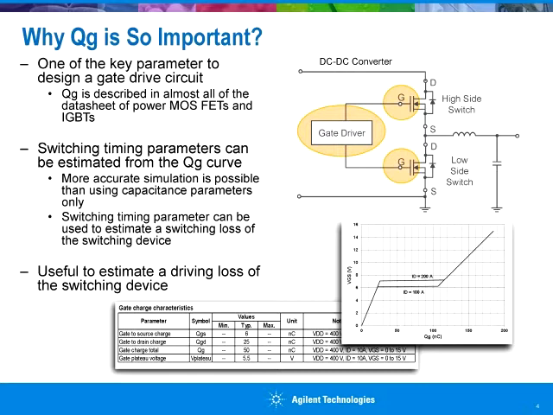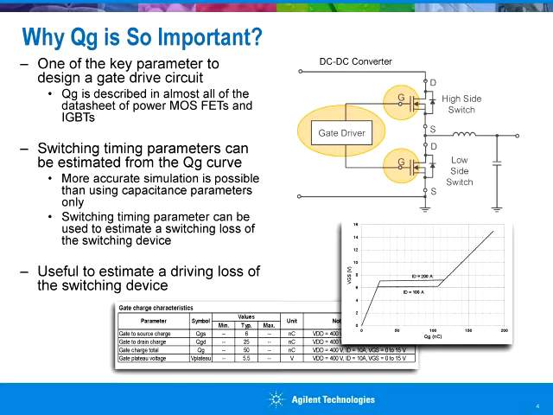Because the gate driver has to have enough current and voltage output capability to drive the power switching devices for converters and inverters. And also, switching timing like on time and off time can be estimated from the QG curve. And some papers said QG data is more useful than existing capacitance parameters to simulate the behavior of this kind